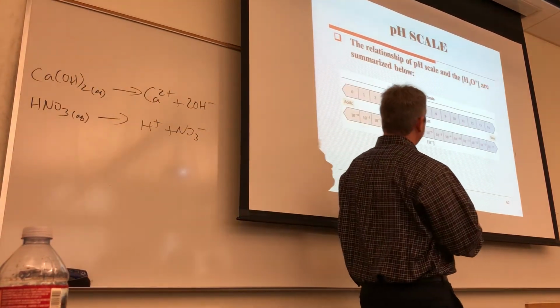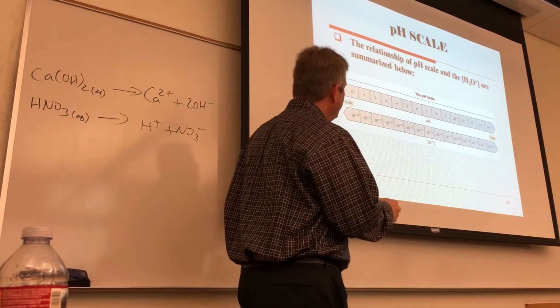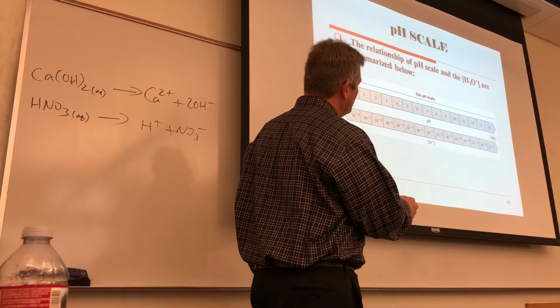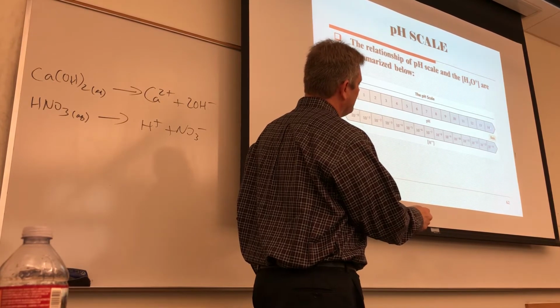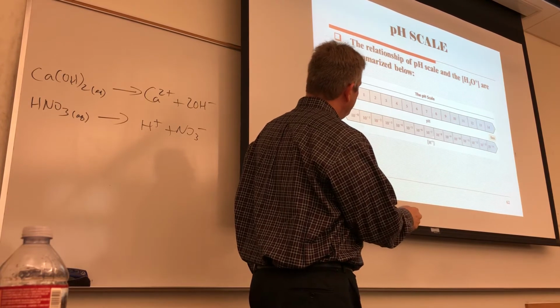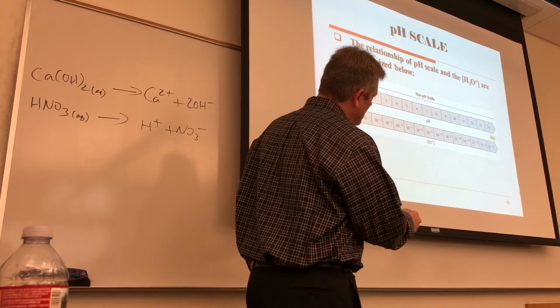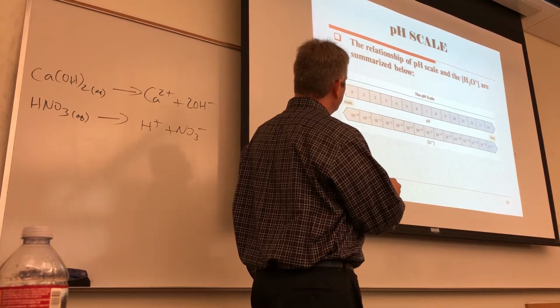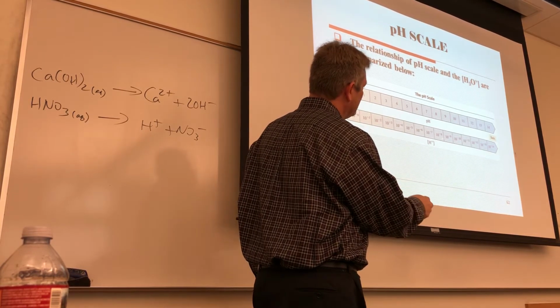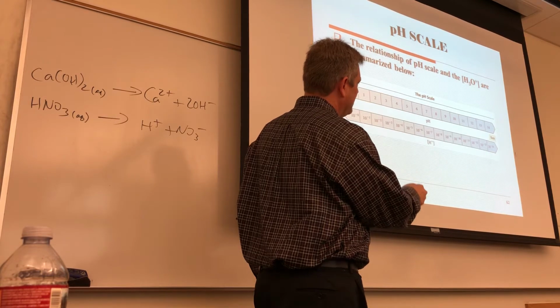So here, the relationship I mentioned before: on the pH scale, the lower you are, the more acidic. At 7, you're neutral, and the higher you are, the more basic, all the way up to 14. And then if you look at the concentration of the hydronium ion, going this way would be the higher concentration, as you go this way it'd be lower concentration, and this would be the neutral 10 to the minus